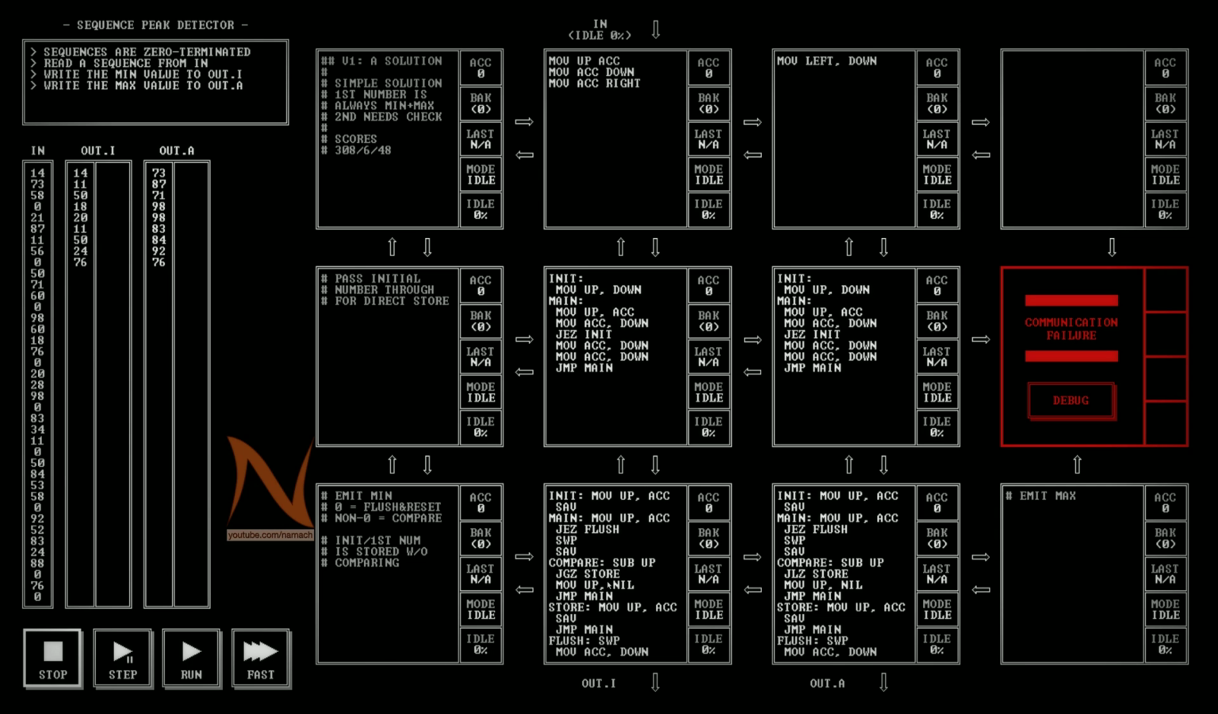If that is a positive number, so if it's greater than 0, then that means that value is smaller than what we had. So in that case, we jump over to the section I've labeled store, where we take the value yet again from up. I did say there's a lot of repetition with getting numbers in here. And we push it into ACK, after which we save it to put it into buck, and then we jump back to main to grab the next number and